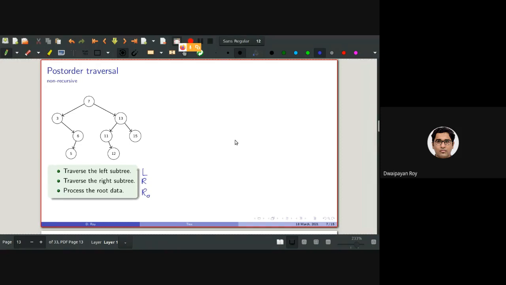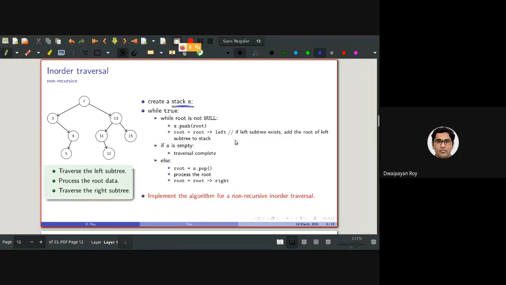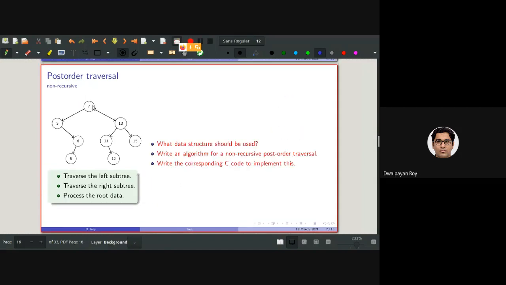For this in-order or pre-order, what we have done is consider the root node to take the right and left subtree, or the right and left pointers that are stored in the left and right fields of the node. But here,